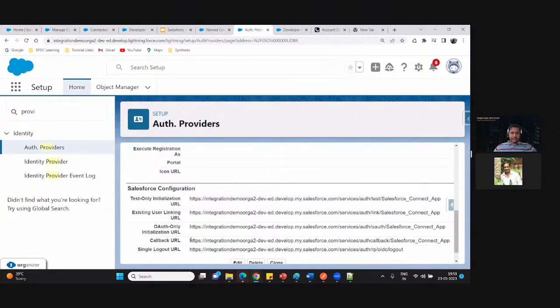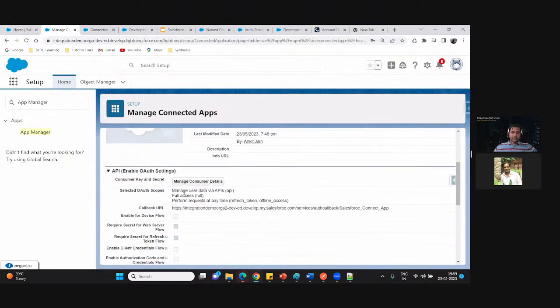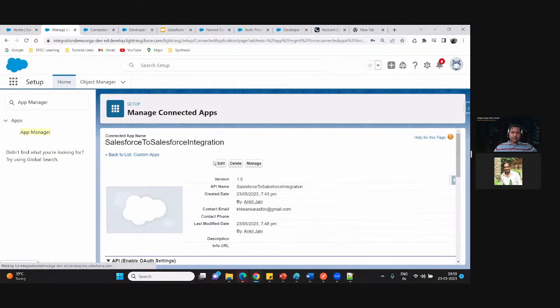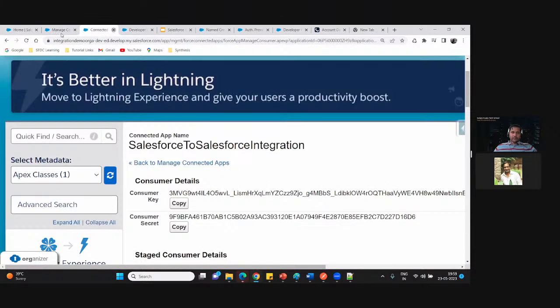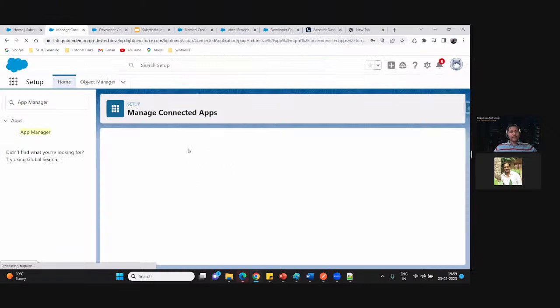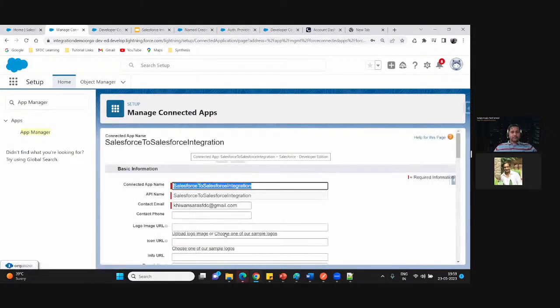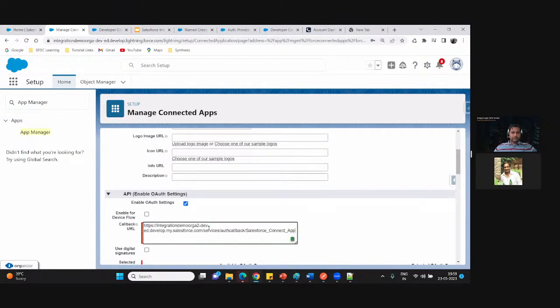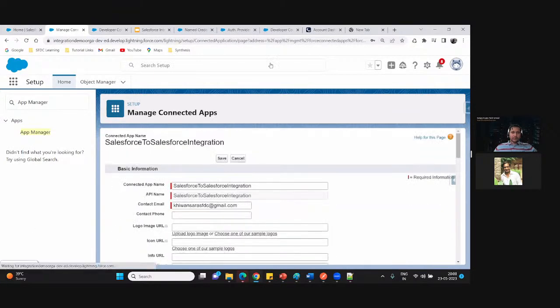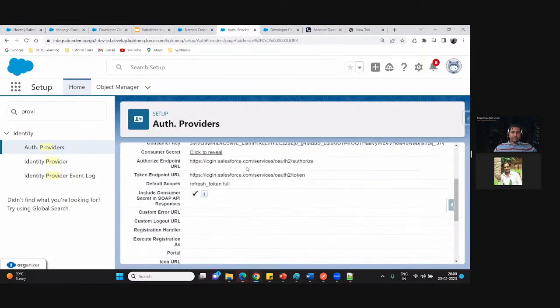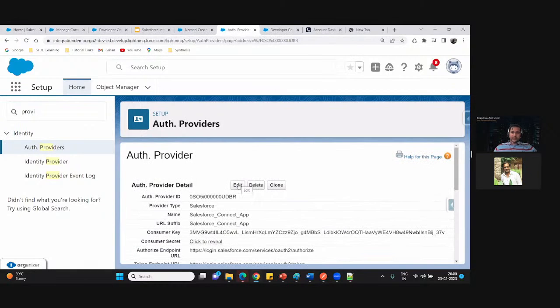Authorize token. This is good. Let me again paste the consumer key and the consumer secret key.